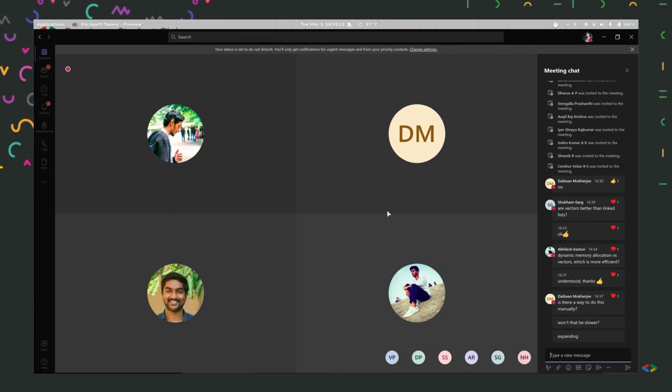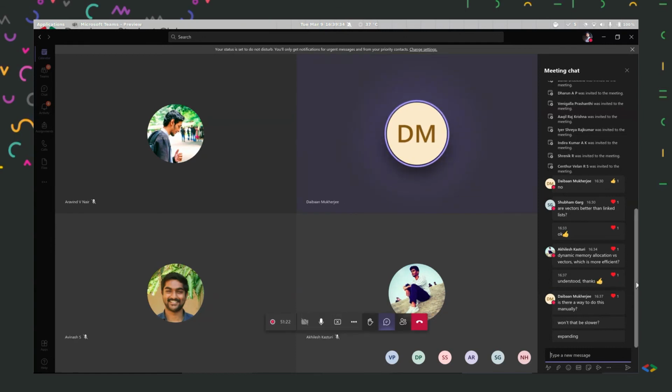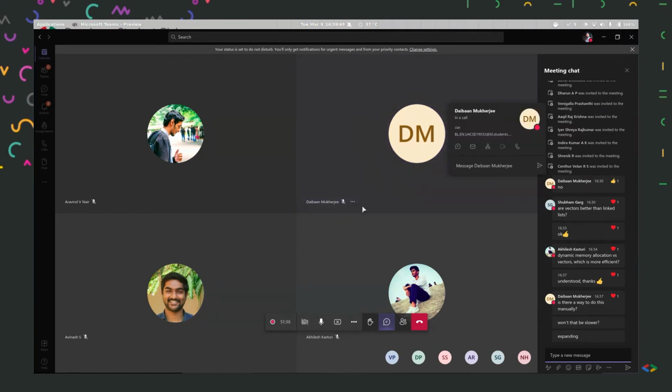accessing data will be way too fast. In a linked list, accessing data is slow because we'll have to traverse. So both of them have different strong points. They're similar but have different strong points. One has faster accessing and one has faster expanding. Now it depends on your problem, whether your problem is more focused on expanding or more focused on accessing.